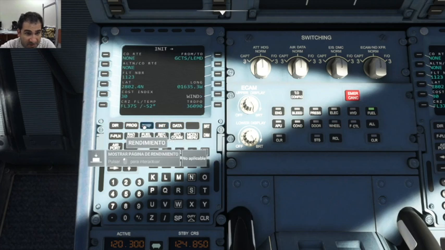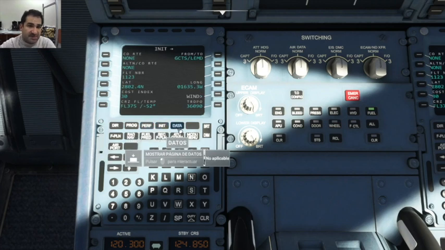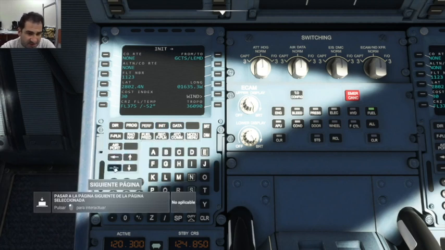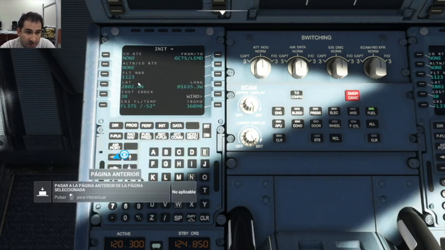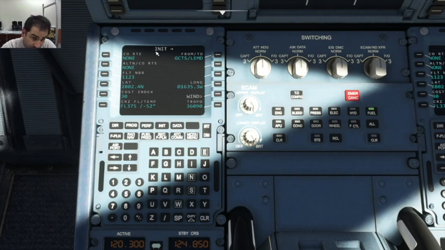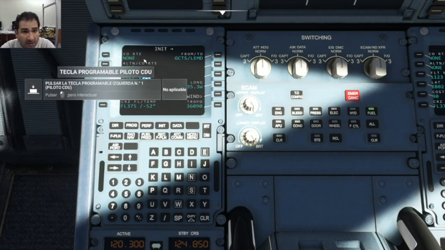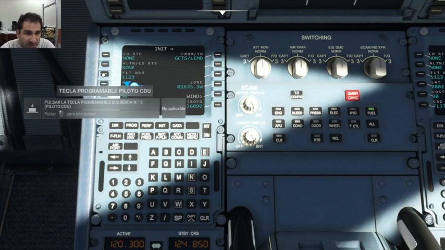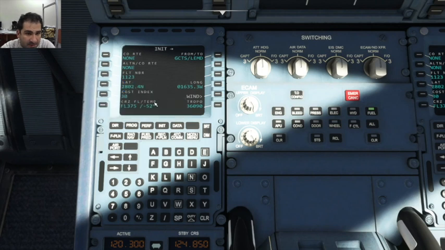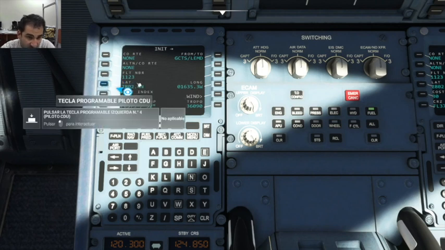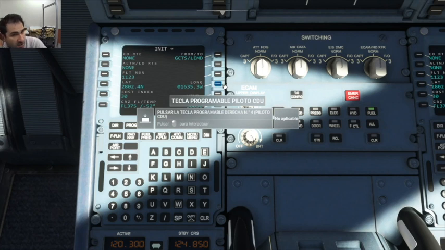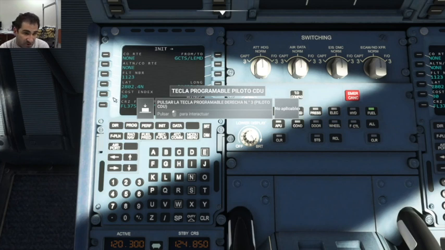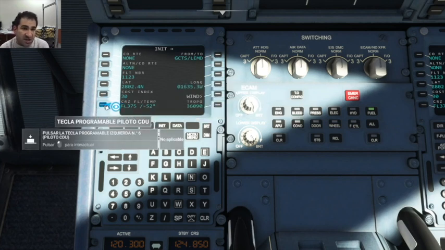This is just for performance. To initialize, sorry, you have two pages, right, 1 and 2. So here you have information about the company route on Lima 1. We don't really care. The alternate company route, here you have the fleet number. These are things that we are not very interested in. The position, because we have the primary GPS working, we should check that our position is consistent. The cost index that I have just changed, and here we can change the cruise flight level, and even the